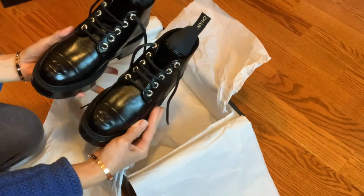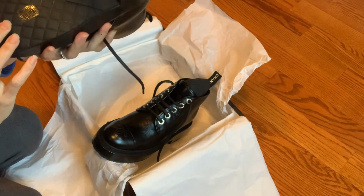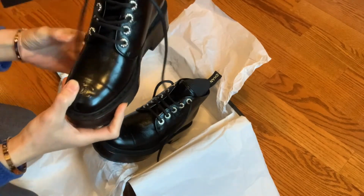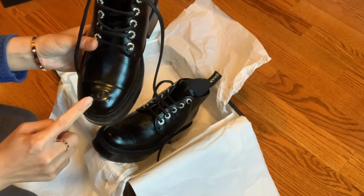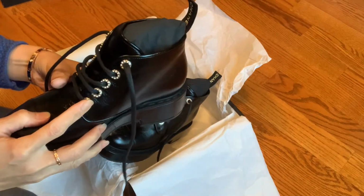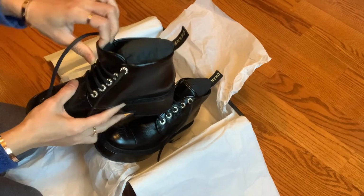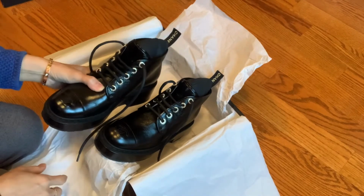My daughter, she loves it. She tried it on. This is size 37. Yeah, 37, it's on the bottom. You see the Chanel is right here. On the top, on the front, they have a small Chanel CC logo here, and around the top here they have a tiny little pearl, and on the back you have a Chanel pull tab here. She already tried it on. It's very comfortable, and she loved it. And I got this for her